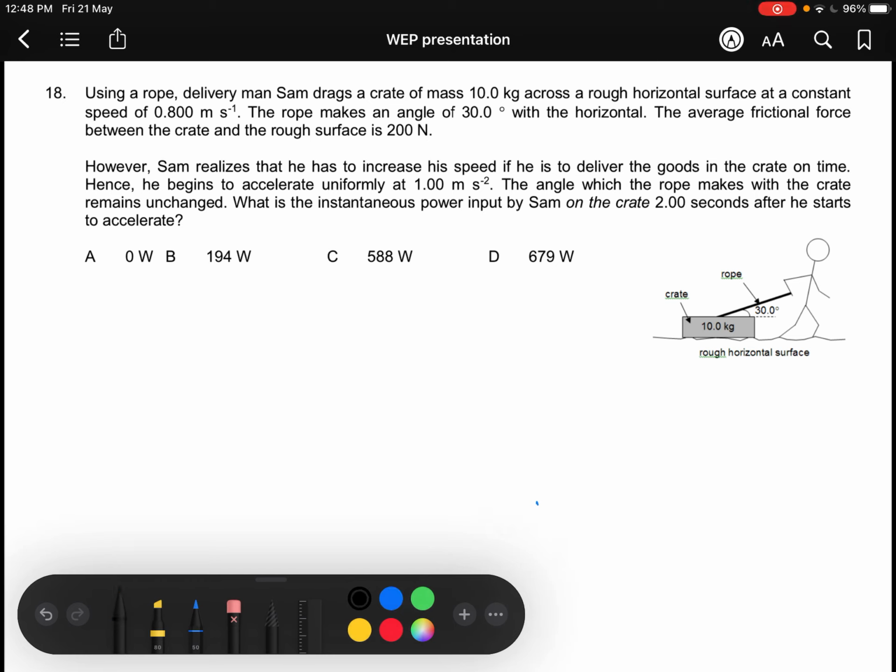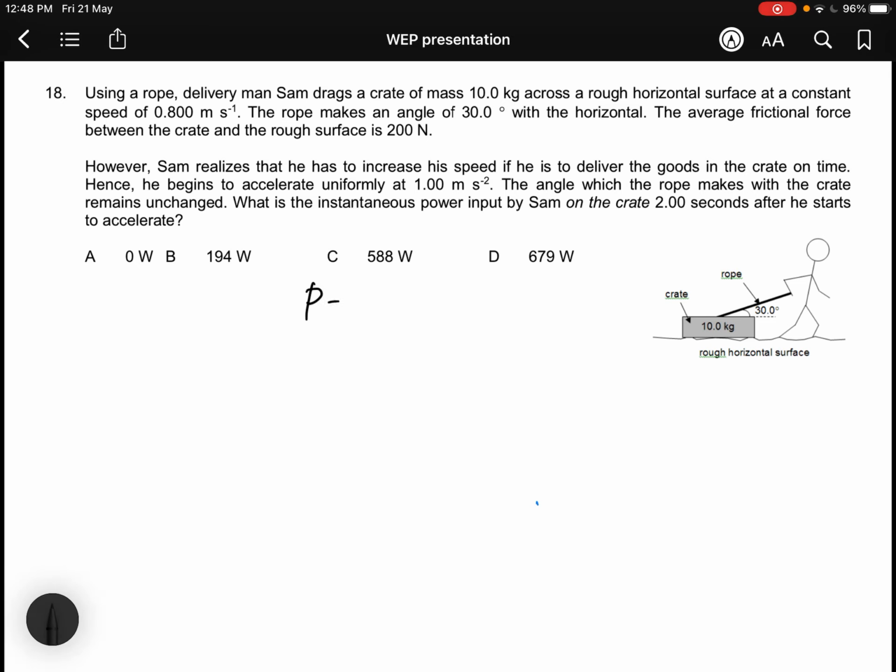Okay, for question 18, the question asks for the instantaneous power input by Sam on the crate 2 seconds after he started to accelerate. On the surface, this looks easy. Simply, P equals FV. And V is not difficult to find because